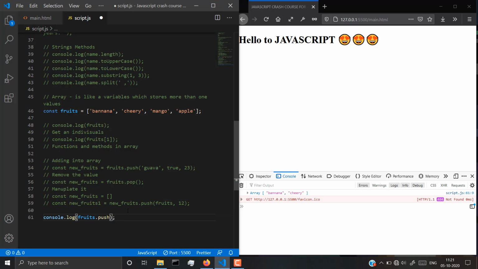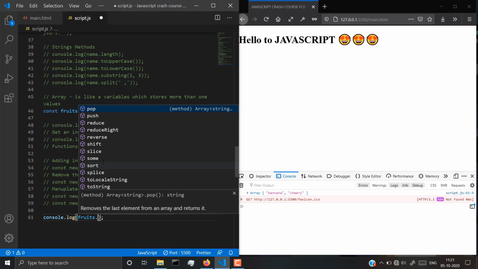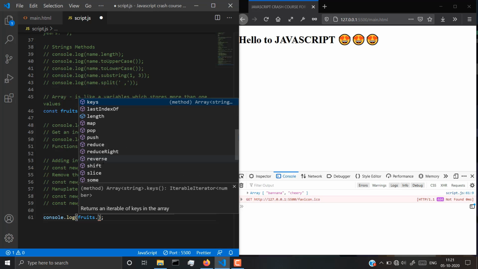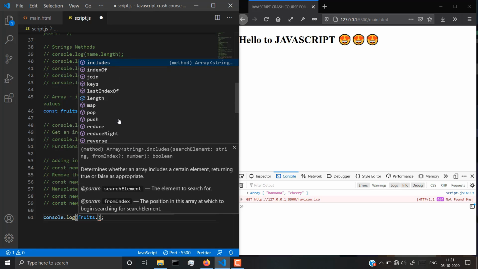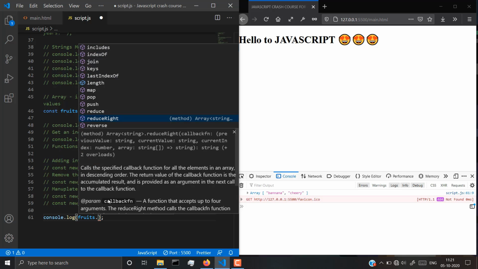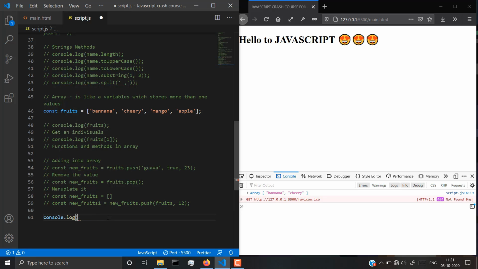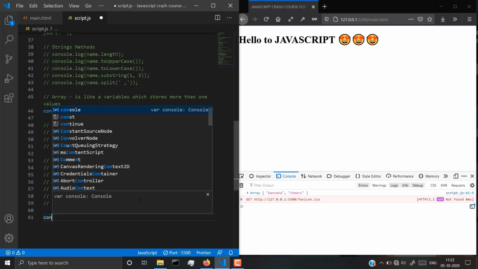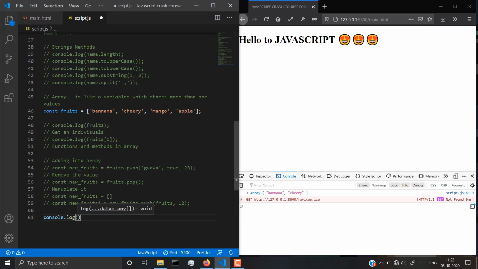Now let's use one more. We could also push. I think I told you all what push does. It appends a new element. We talk about push, pop, map, and all that stuff later on, because these are things I really do not need to talk about in this tutorial. It would make this tutorial a little problematic for you, because I really want this tutorial for absolute beginners. I will make another video for arrays, in which I will explain all of them